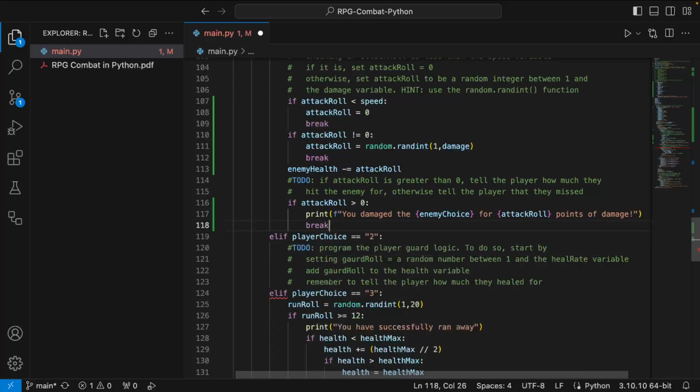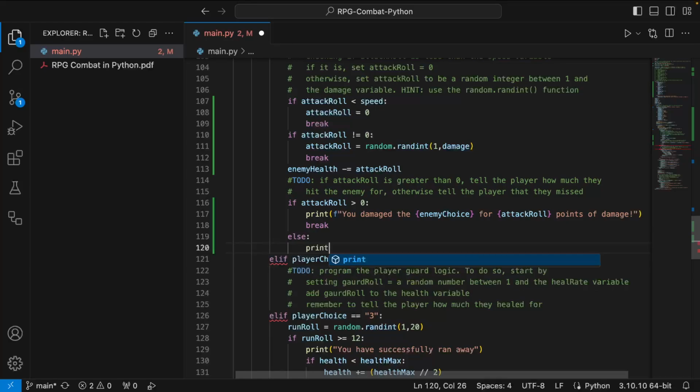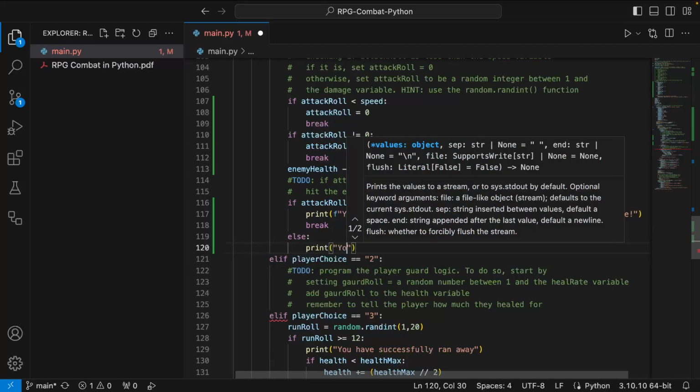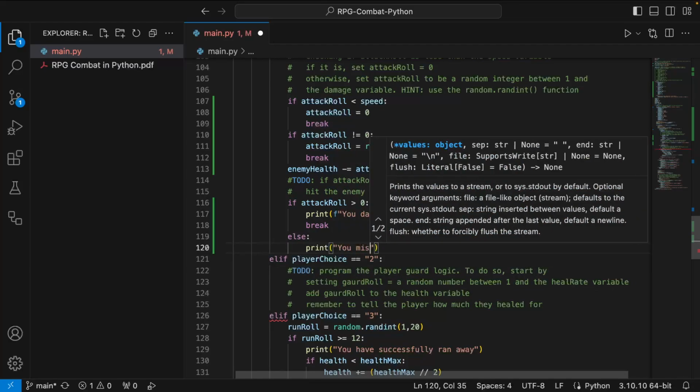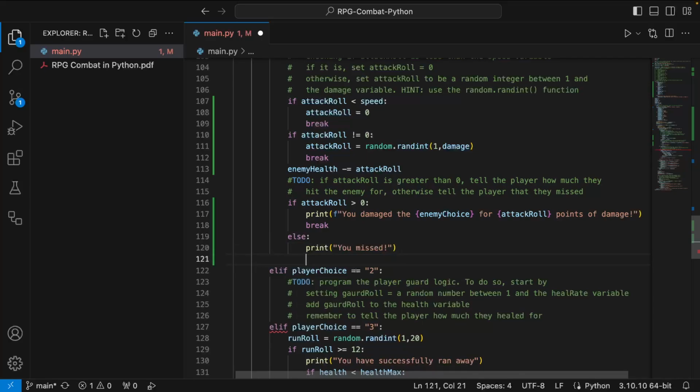Break. Else, print: Oh, just kidding. You missed. We got to get some enthusiasm in there. There you go. You missed. Okay. Make sense? That's just for that first one.